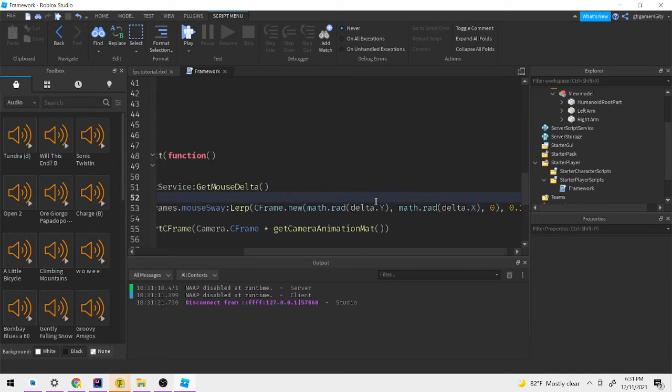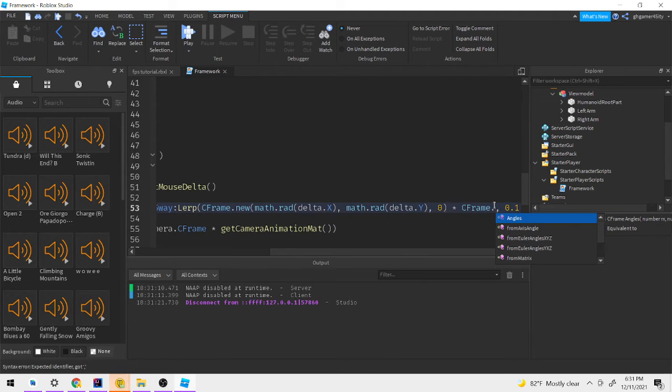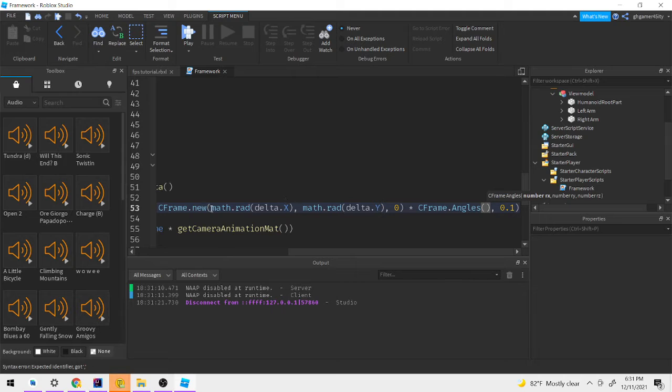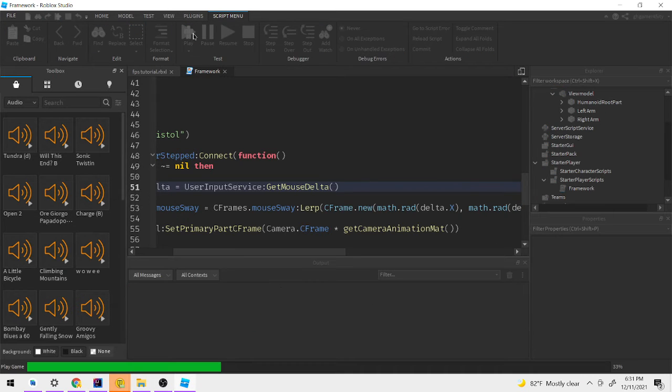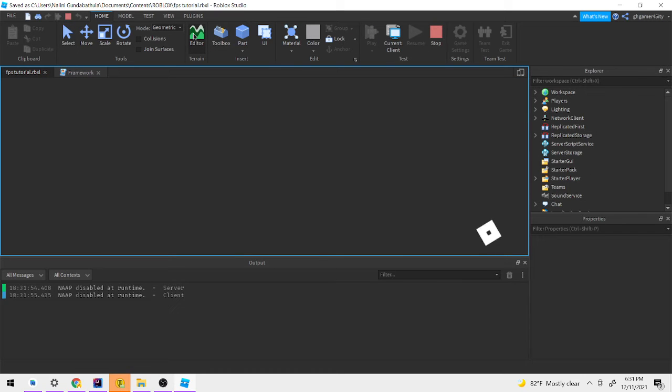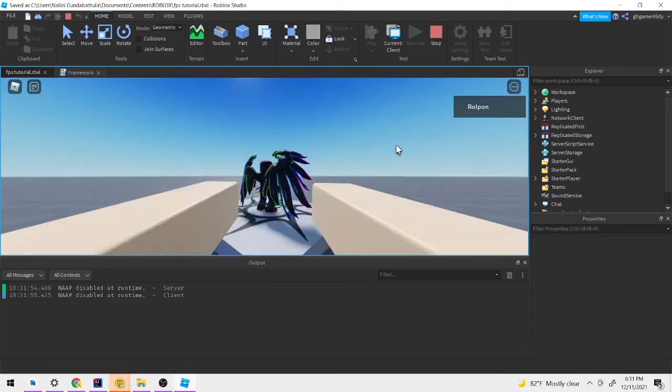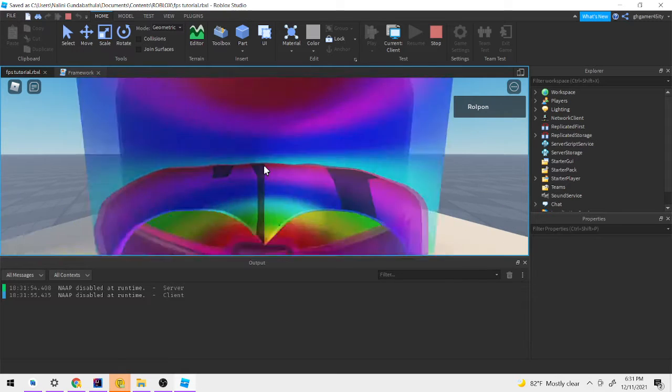It's animated in the wrong way, so we have to change that to an X and that to a Y. Let's also add a bit of rotation. We can easily do this by multiplying it by cframe.angles. This time it's the same thing, except they're inverted, so this is X and this is Y. Okay, so I'm going to play that. So there we go. Now we have a very smooth swaying animation